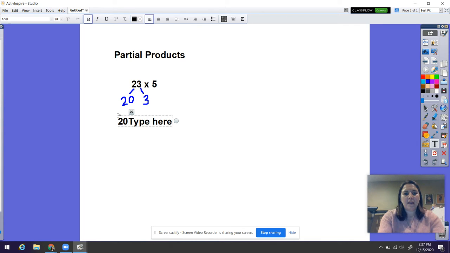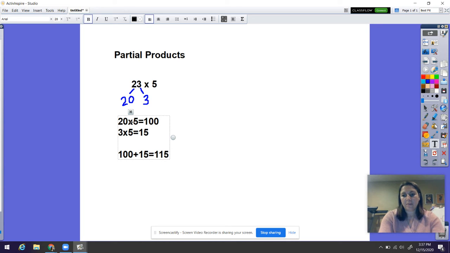So we multiply the 20 times 5 to get 100, and we multiply the 3 times 5 to get 15. And then we take those partial products, the 100 and the 15, and we add them back together